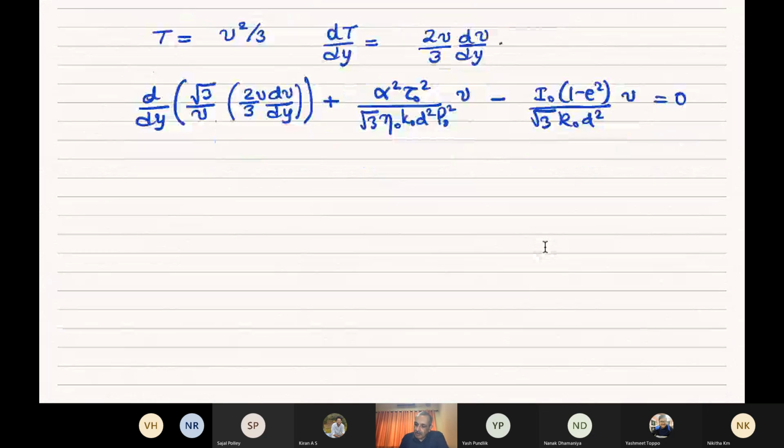So this is what you get. And you can see that there is a great simplification that happens. So you essentially end up with, here you will get 2, the v cancels out, so you just get 2 divided by square root of 3 into d squared v by dy squared